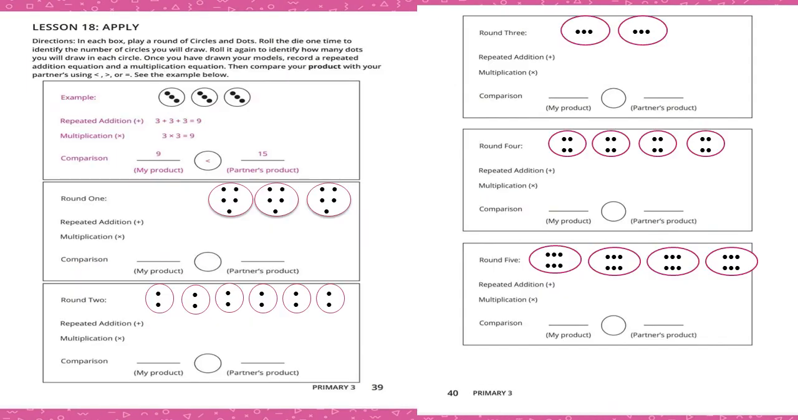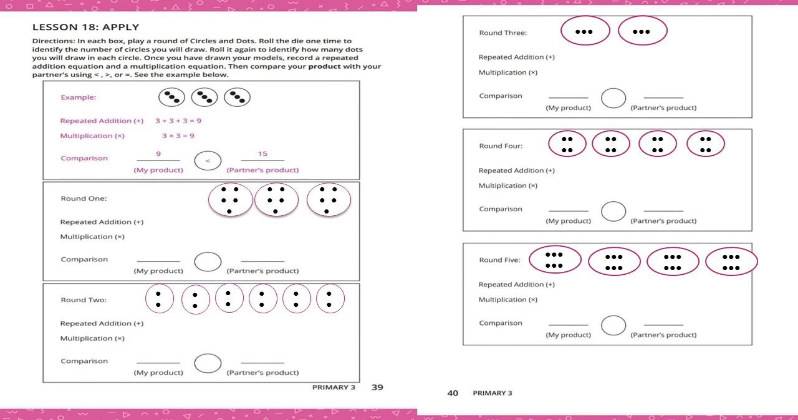Page 39 and 40. Lesson 18. In each box, play a round of circles and dots. Roll the die one time to identify the number of circles you will draw. Roll it again to identify how many dots you will draw in each circle. Once you have drawn your models, record a repeated addition equation and a multiplication equation. Then compare your product with your partner's using less than, greater than, or equal. For example,